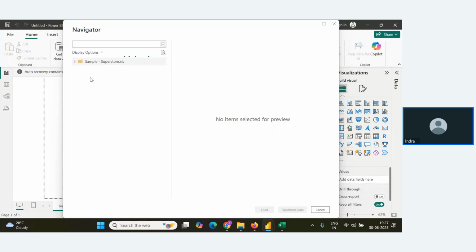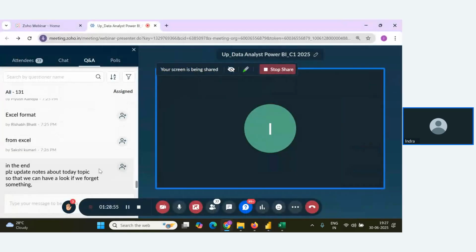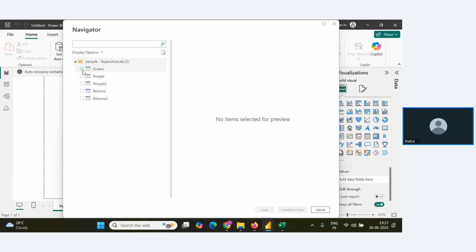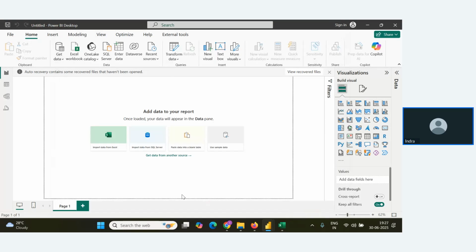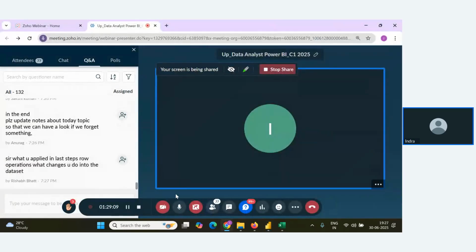Data connection is itself a problem for you guys. It is listing the table names which are there inside my data. I have to select Orders and then you can go with Transform Data. You can go with Transform Data. Once you go to Transform Data,